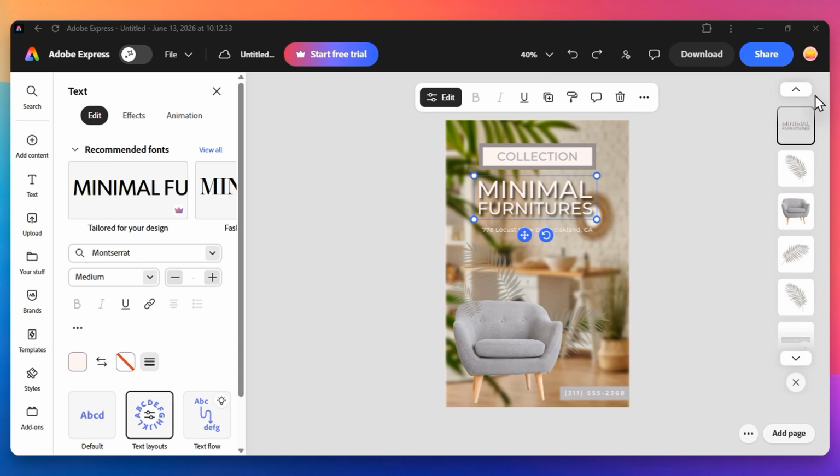Whether you accidentally deleted a text box or changed a color you now regret, these two methods ensure you never lose your progress or get stuck with a mistake. By mastering these simple tools, you